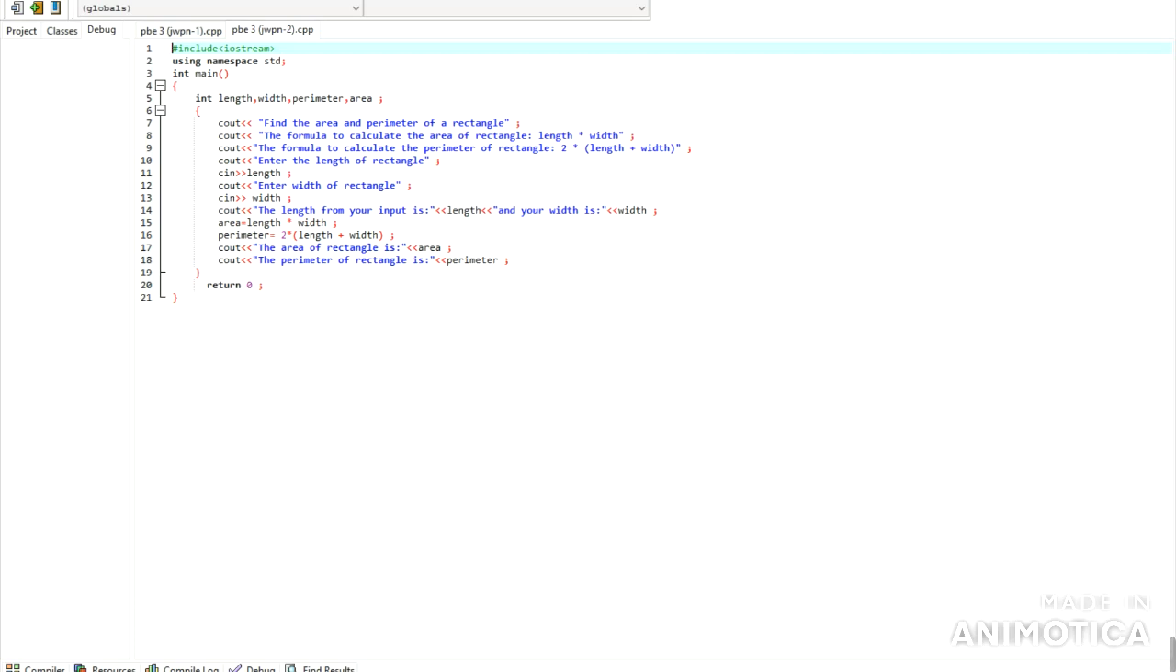it says that we need to calculate the numbers. So I use the int main function to use the input and output functions, as I write the input and output below. Begin with braces and then declare some variables here, which are int length, width, perimeter, and area, and then